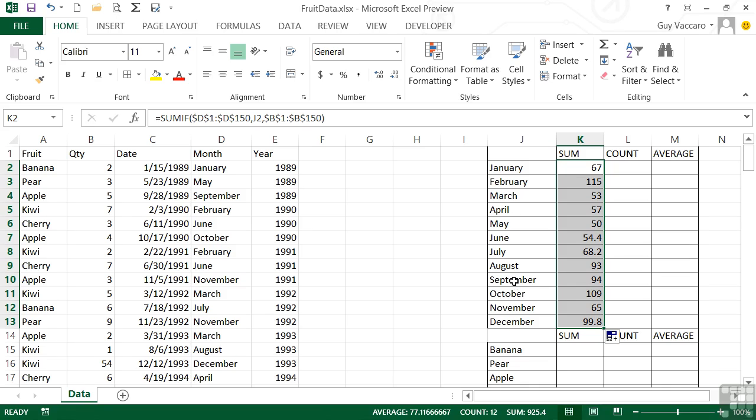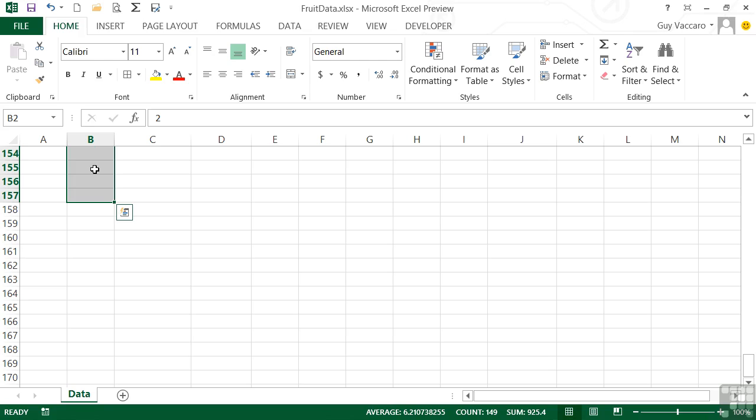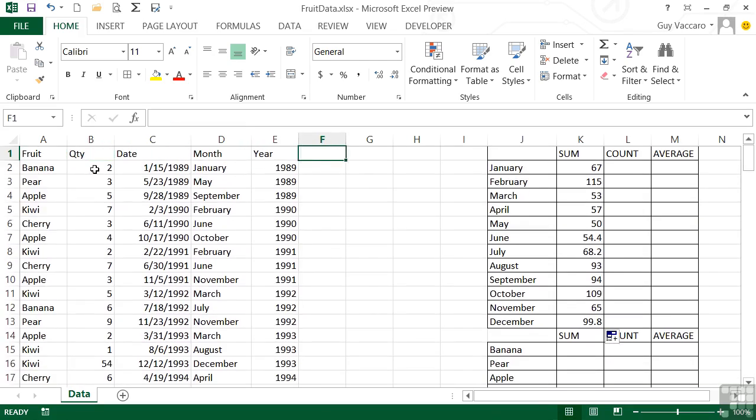Now we can do a double check. That effectively adds up all the values for each month, giving me a total down here in the status bar of 925.4. So if I were to highlight all the quantities, it should add up to exactly the same thing, and it does, 925.4. So I know my double check works. So that's SUMIF, where you want to add up the values in a range, but only where they meet a